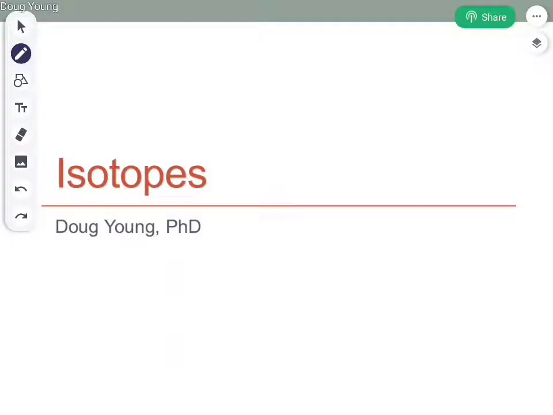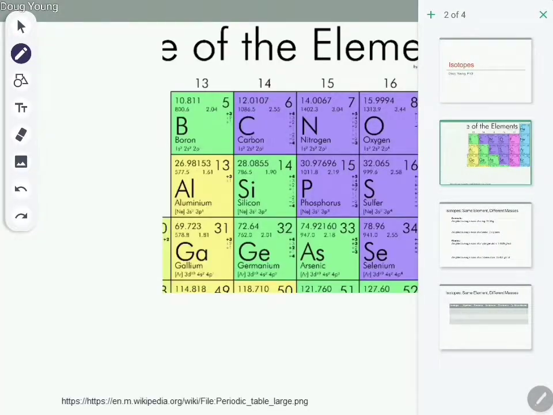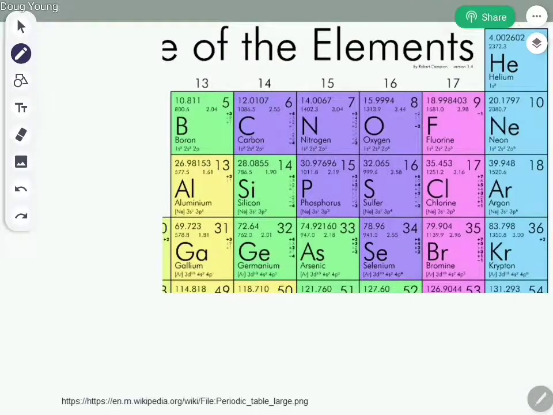In this video I want to talk to you about isotopes, sort of introducing them and then trying to clear up some misconceptions that folks have about what an isotope means in chemistry. So if we take a look at the periodic table, in this slide I kind of blew up the upper right hand portion. The observation that students make that seems to drive their questions about isotopes is things like, if